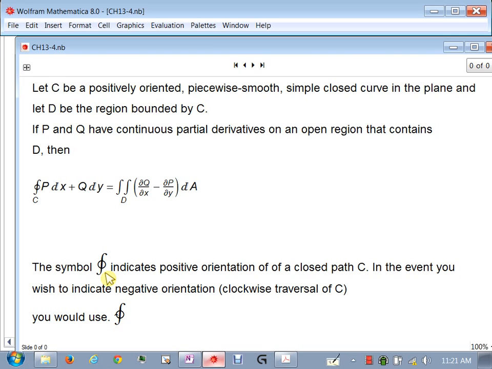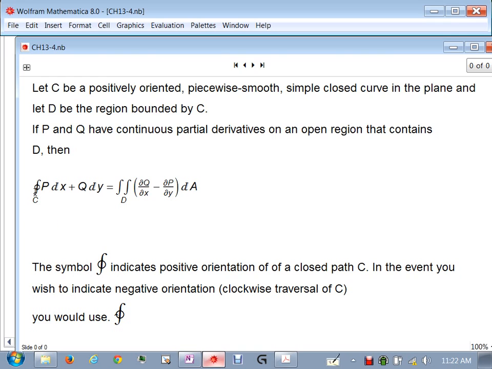That means you're going negative. So without anything, everyone understands it's going counterclockwise. With this arrow on it, then you know it's going clockwise. Negative orientation. All right? So the definition here, or Green's theorem says, if you are doing a line integral